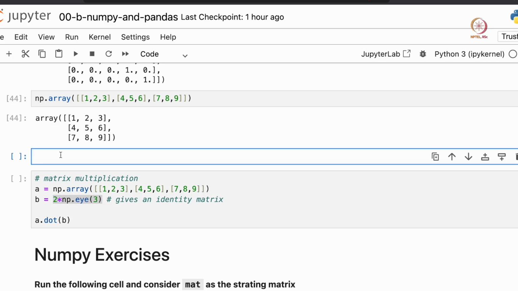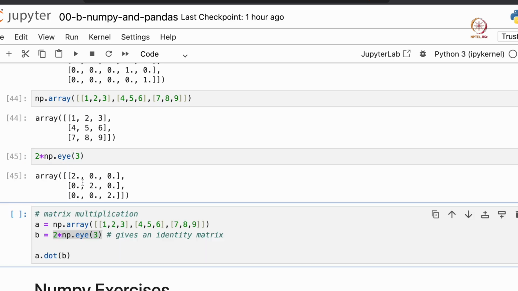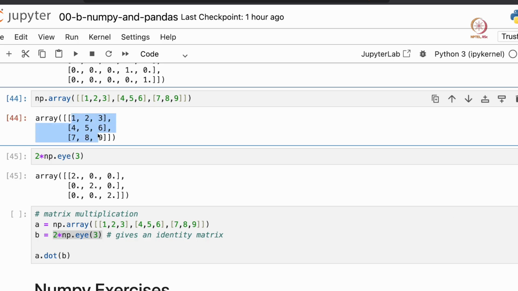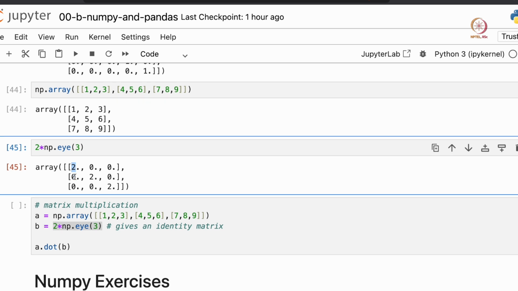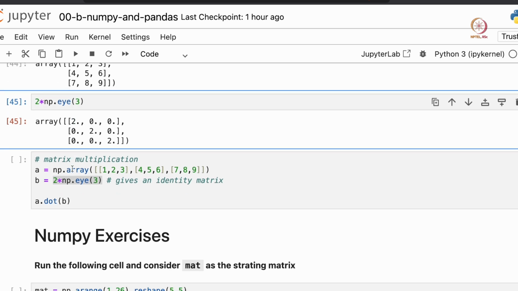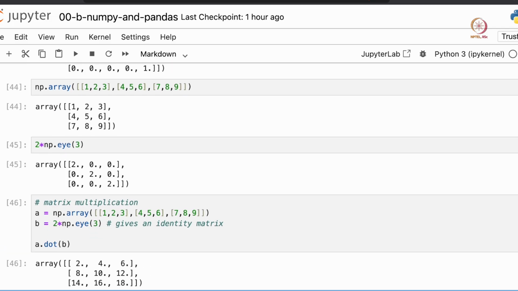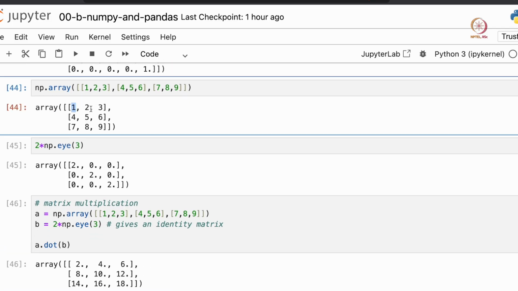So that is 2 multiplied by the identity matrix of dimension 3 cross 3, that is 2, 2, 2. So of course, if we multiply these two matrices, we'll see that all numbers in this matrix are multiplied by the diagonal element of the identity matrix, so 2. So if we do this A dot B, yeah, we notice that 1 becomes 2, 2 becomes 4, 3 becomes 6 here, and so on.